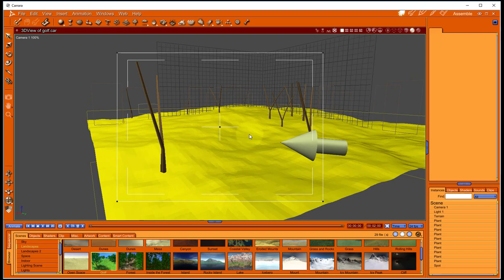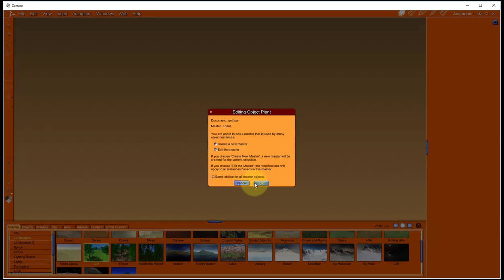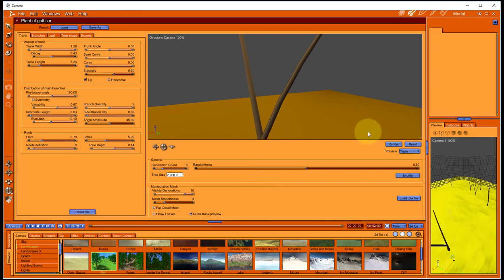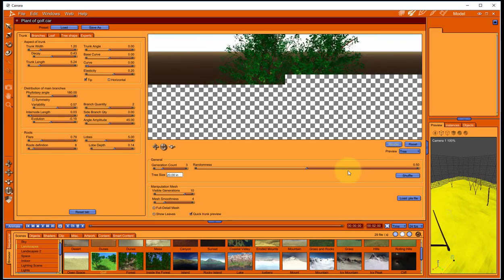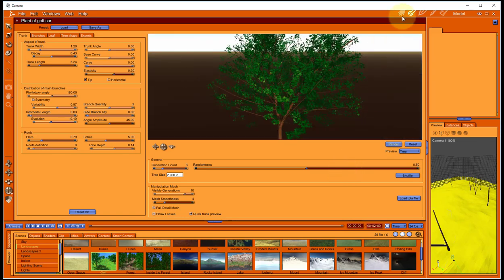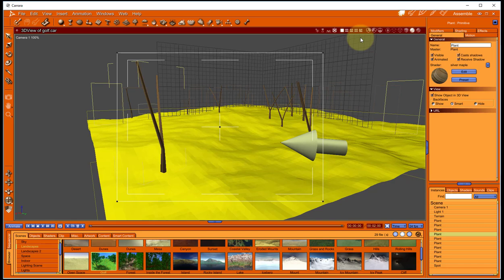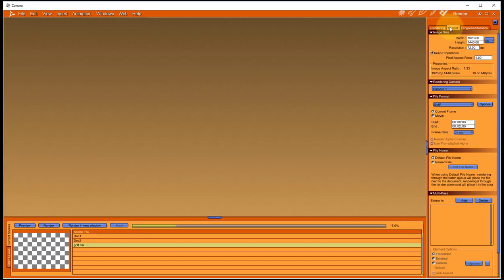Here we are looking at the terrain and plants. So if you click on the plants, you can see we have a plant builder here, an editor. So what we will do is we are going to render this whole scene. We will do a quick render, so that way it will not take longer. We will keep it small size,